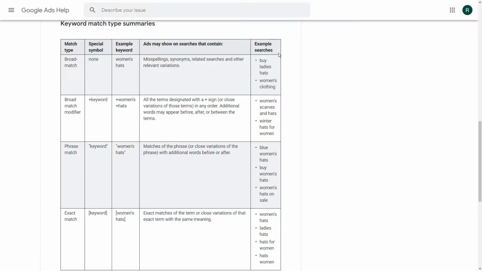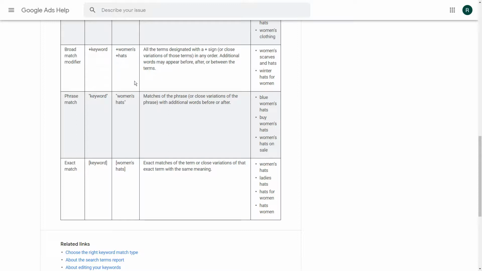If you look at the example searches here that would show your ad, "buy ladies' hats" associates women and ladies together, which is fine. If you were selling women's hats, "buy ladies' hats" is probably applicable. But you can see in this second example, "women's clothing," it's associating hats as a type of clothing, so it's making that sort of jump into a broader area. If you just sold women's hats, you probably are not going to convert as well on something like women's clothing because it's way broader, so it's probably not all that relevant. So what you want to be looking at doing is using these other three match types. Almost never broad match. There are exceptions, but like I said, I don't have many accounts that actually use broad